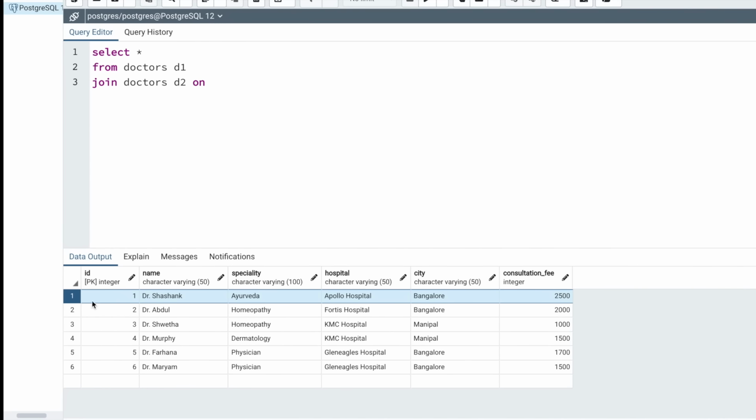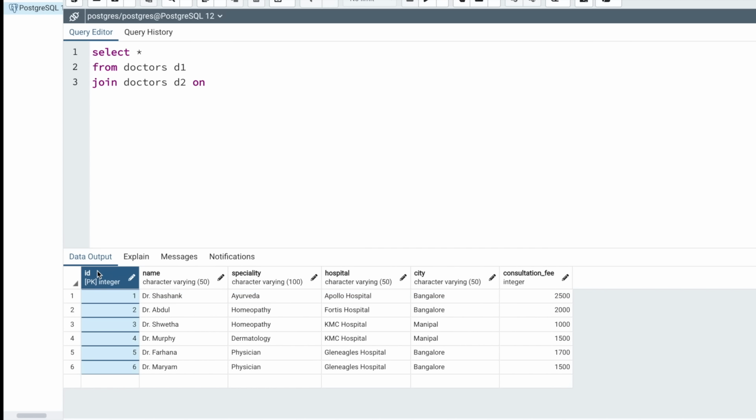Okay, we are trying to compare a particular record from this table with all the other records from that same table. To do that, we first need to identify the primary key here. In this case, the primary key is ID, that you can see here. So I need to make sure that the same record does not get matched with itself. For that, I just say d1.id not equal to d2.id. Once we have done that, next we'll add our filter based on which we want our result.